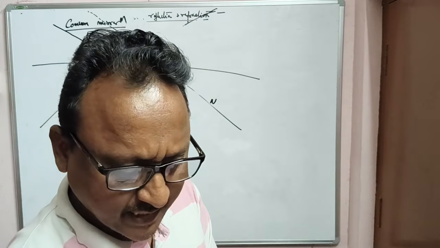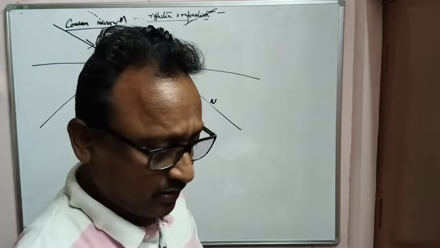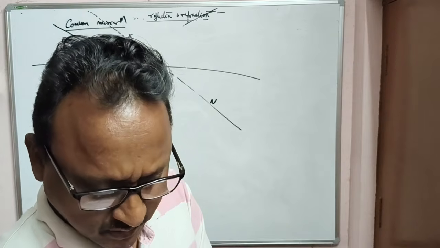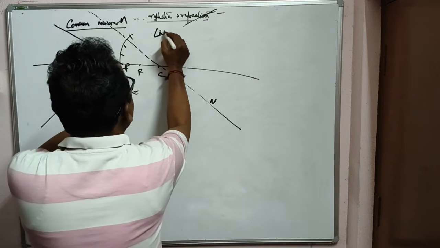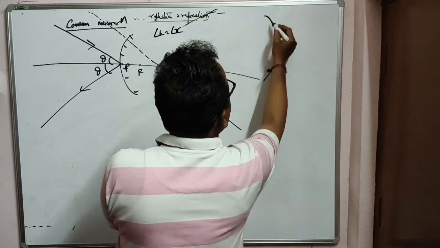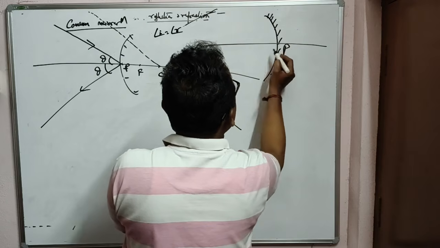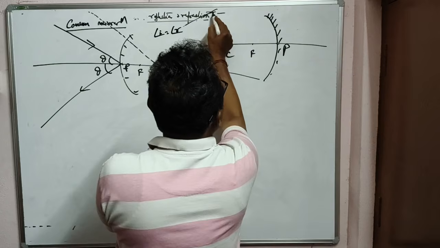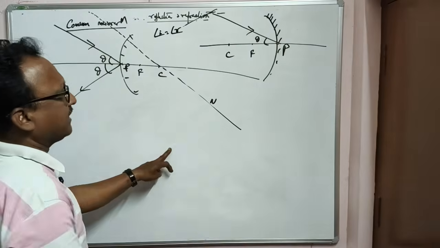So here the light is incident at the pole of the mirror, concave or convex, either you can take. Angle i will be equal to angle r. So here the law of reflection can be applied. Here the angle of incidence is equal to the reflected angle. You can even go for a concave mirror also. Even if you take a concave mirror, principal axis, pole, and this is center, focus, if the light is incident in this fashion, exactly at the pole,